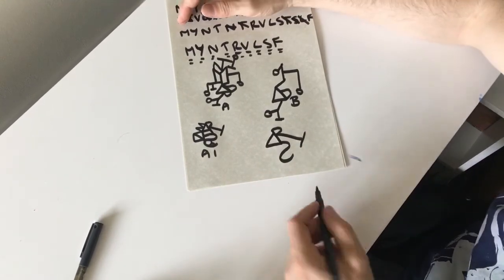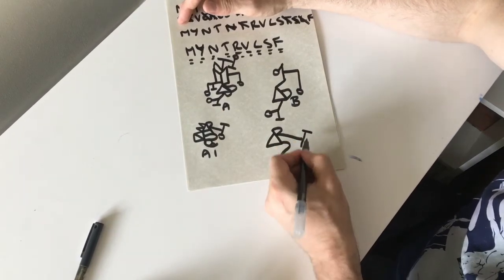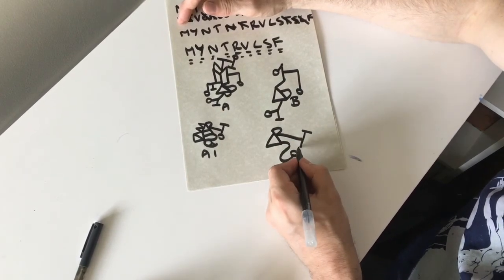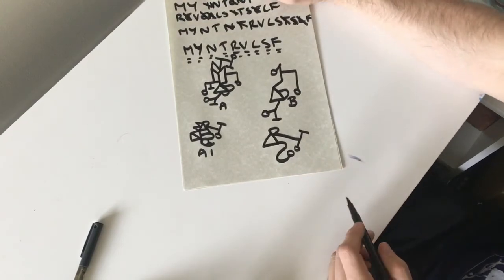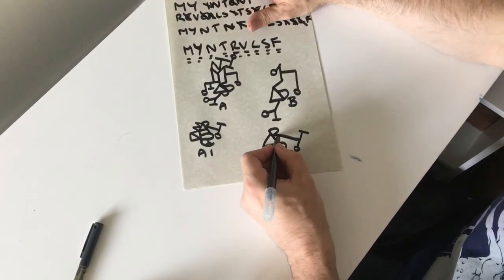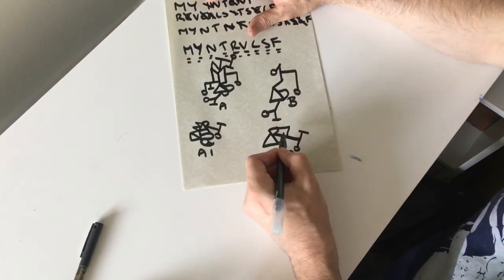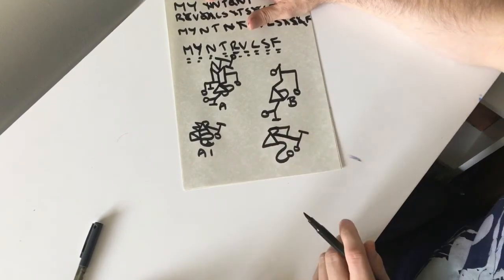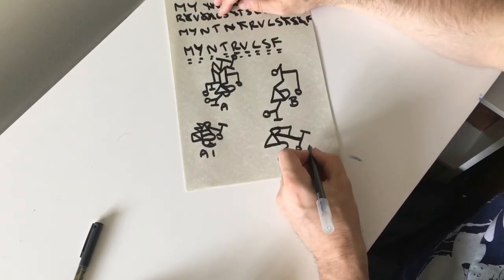There we go. And then again, I top them off with these lines and circles, because in planetary magic it's the beginning and the end, but it makes it look less letter-like. The only issue I have with this is that this looks a little bit too much like an R, so I might do that with it, kind of disguise it a little bit. And so we have